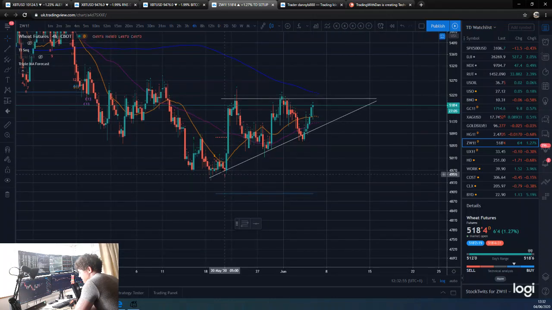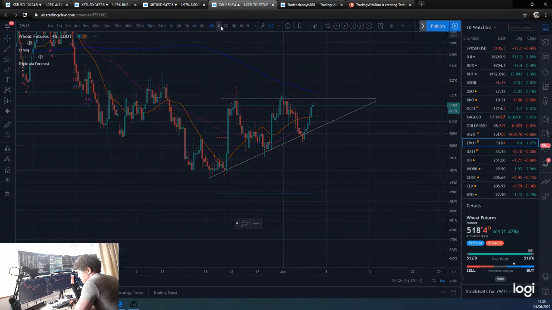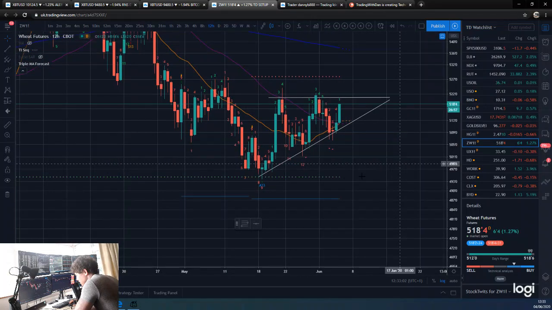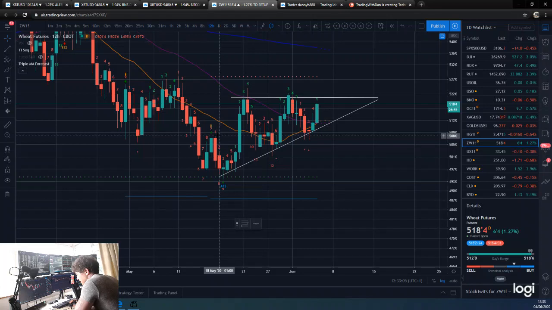So yeah, in hindsight, that was a fantastic trade. Let's have a look at the 12 hour and the daily. I know they were coming up on 9s as well on higher time frames also. Yeah, we had the 9 there, but we obviously didn't trade above it, so there was no trade up until this point. So that would have been your buy here based off the 12 hour.